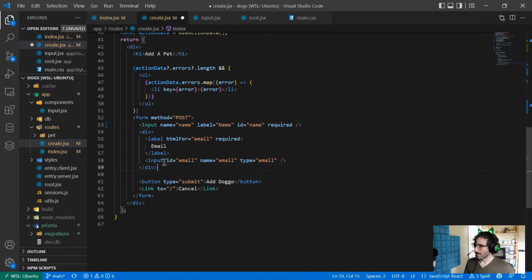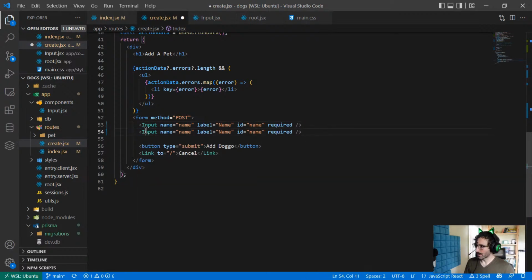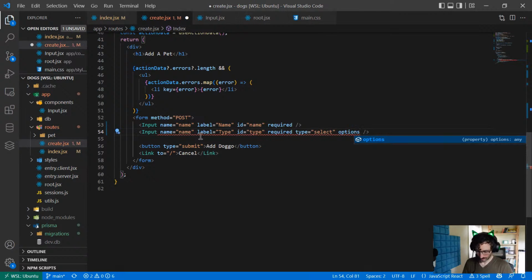Cool. Don't need this email input. What we do need is an input. Name, label is type, ID is type. This is required, I guess. And the type of this input is going to be a select, and the options are going to be